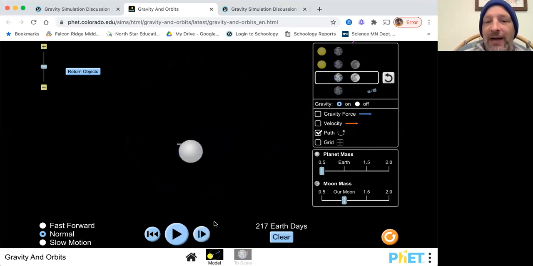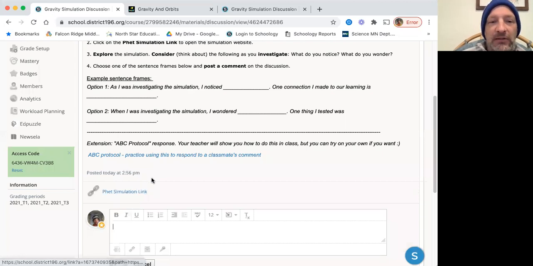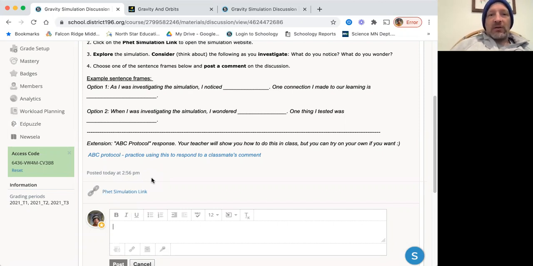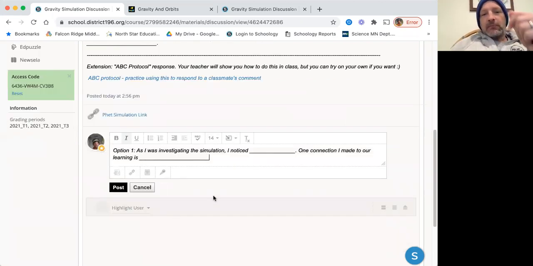Well, I learned a lot, but what I'm going to do now is go ahead and go into my simulation, and I'm going to model this and just try this right now. So as I was investigating the simulation, I noticed, I don't know if this is going to work because I'm recording right now, but I'm going to try to just grab that and see if I can put that right in the, whoa. I noticed that